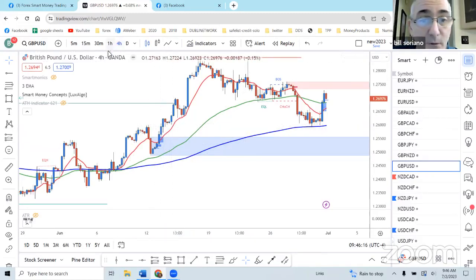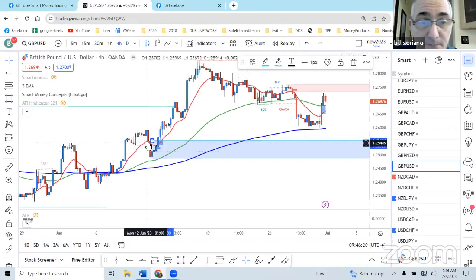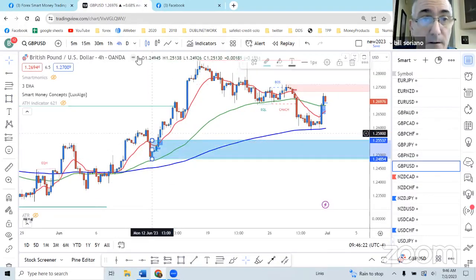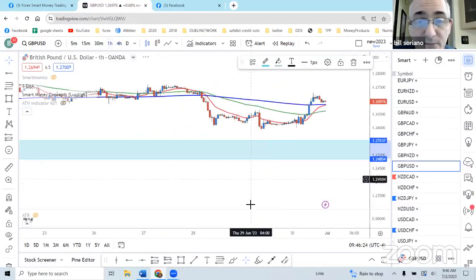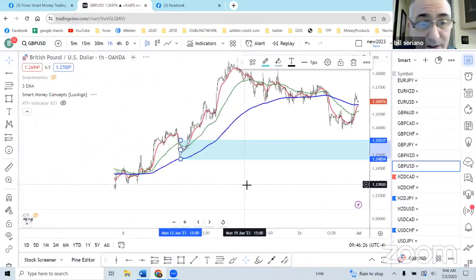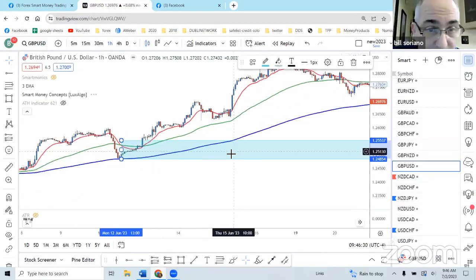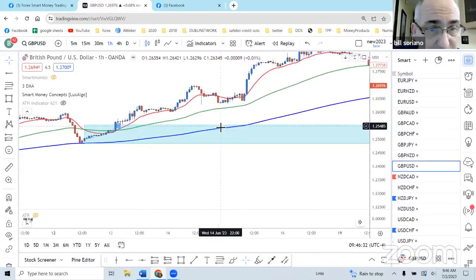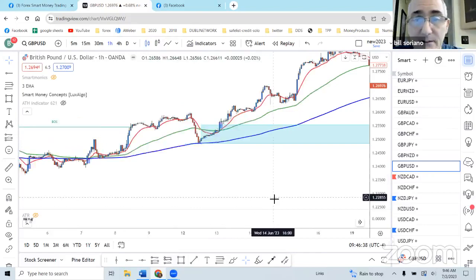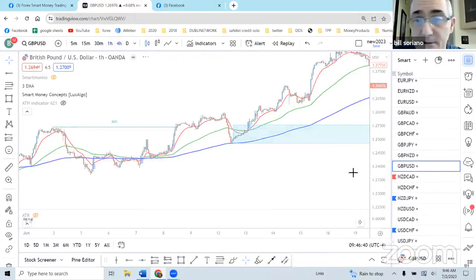If I drop down to the 1 hour, let's see if I highlight this zone here. Drop down to the 1 hour and see if we have something inside there that looks a little bit better. Okay. And really we don't. Really don't have anything in there that looks a little bit better. So what I'm going to do is,